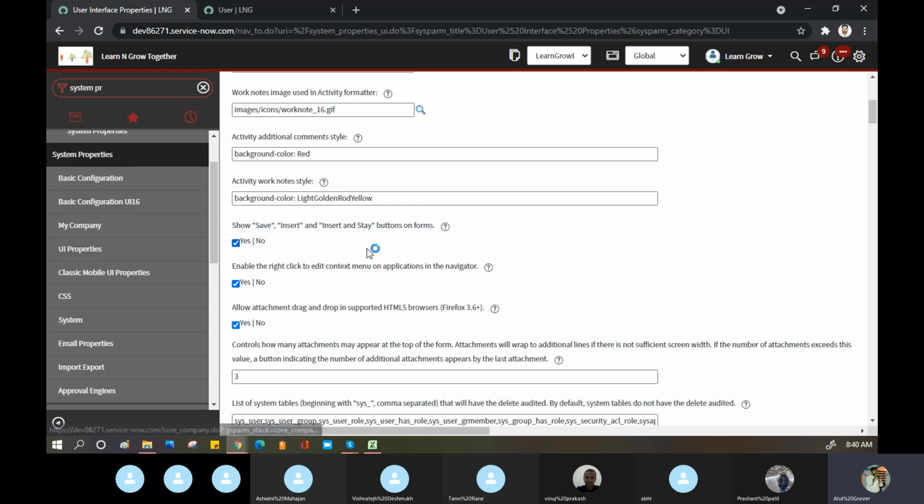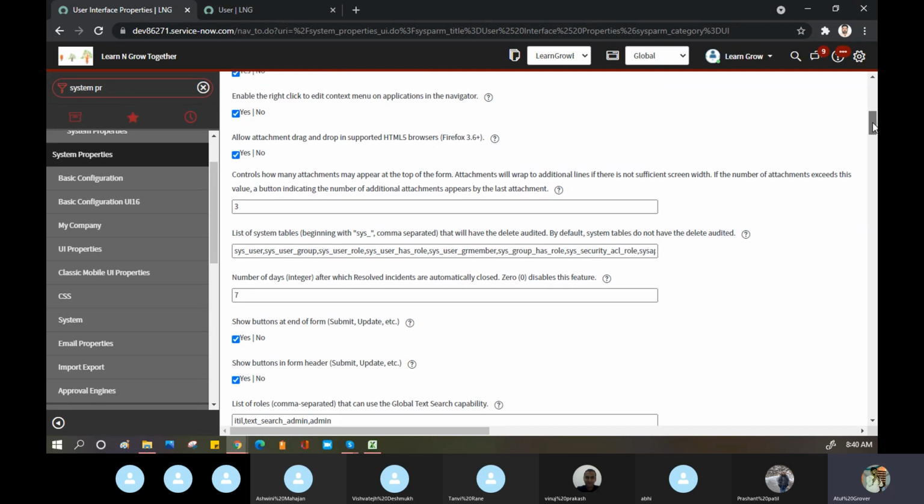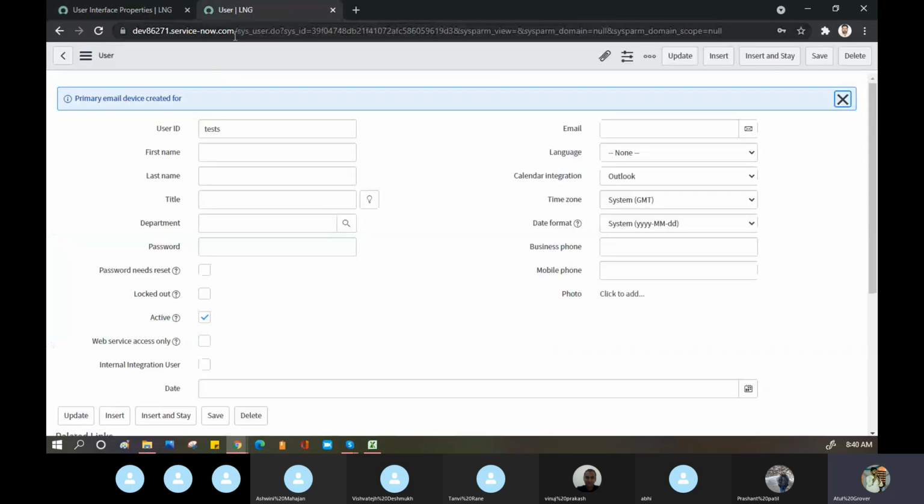So you can try these changes in your PDI, not in my PDI, because if one person does it, another person can override that. Then, how many attachments may appear on the top of the form? Suppose I'm sending an attachment, let me pick up this thing.